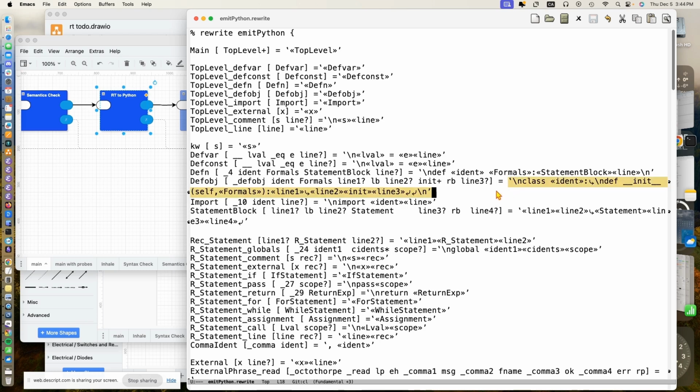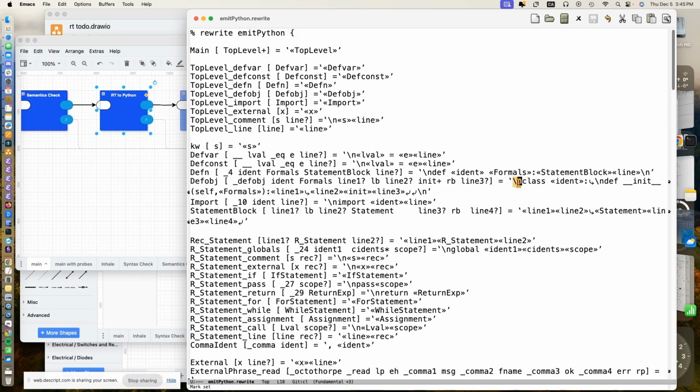becomes this thing. This thing includes Unicode characters for indent and extent. And if you get these right, it produces legally indented Python. I use it for the Common Lisp stuff. You don't really need it for Common Lisp because it doesn't care about indentation, but indentation does help readability for myself during debugging. And what this basically says is, in this particular case, we want to rewrite the incoming trees